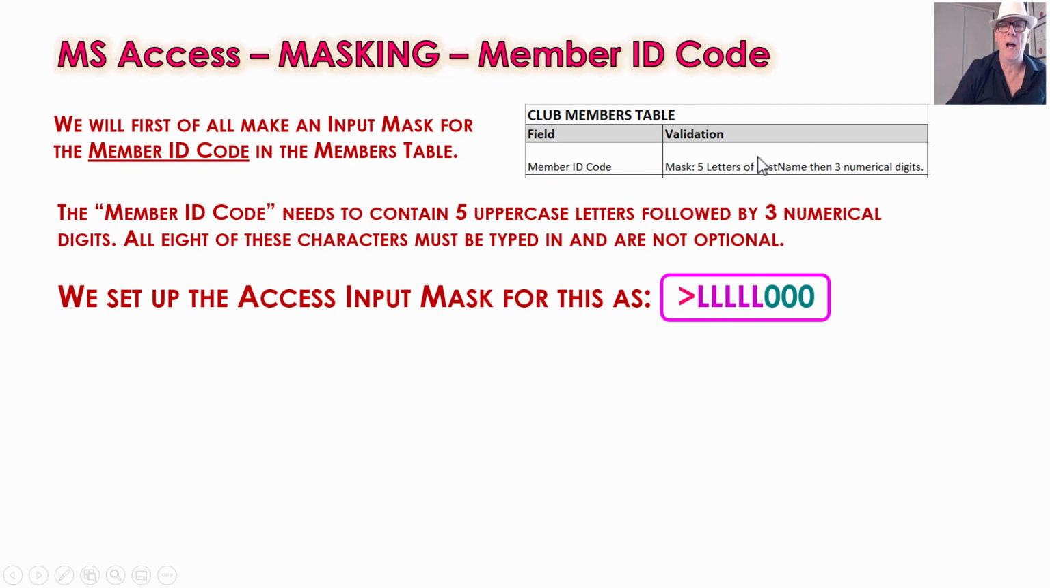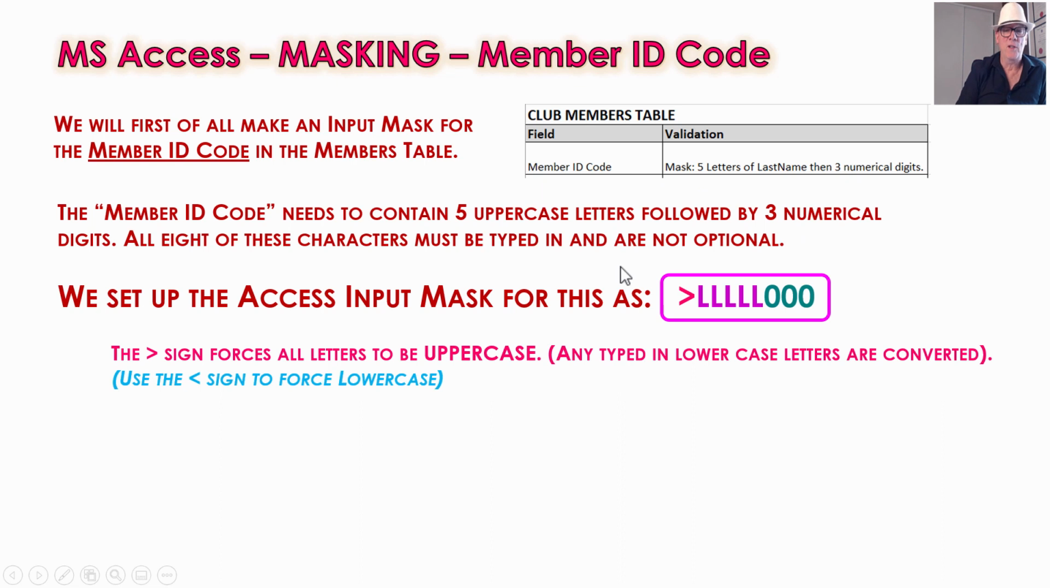Now, the member ID code, just to save confusion between some people typing it in little letters, some people typing in big uppercase letters, we're going to force it to be uppercase. And how you do that is by using a greater than sign. So even if they type little letters, lowercase, Access will automatically convert it to uppercase because we put that greater than sign in there. So that forces all letters to be uppercase. So if they put them in lowercase letters, Access will just change them all to uppercase, and it's asking for